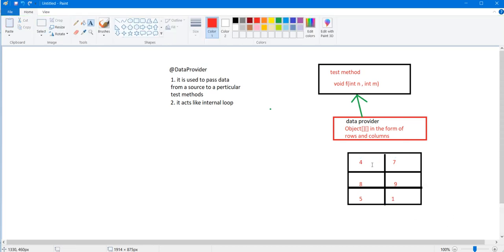So this is the data for n and this is for m. In the form of data, it will first pass it in the form of an object, and it will do each iteration, guys. First it will take this set nm, then it will take this nm, and then it will take this nm, in the form of an internal loop.